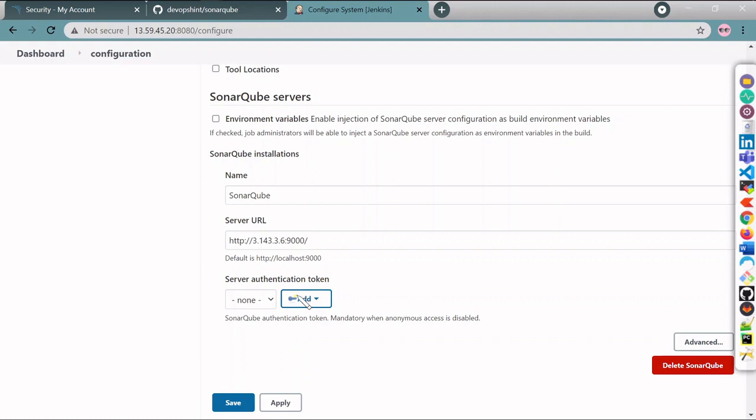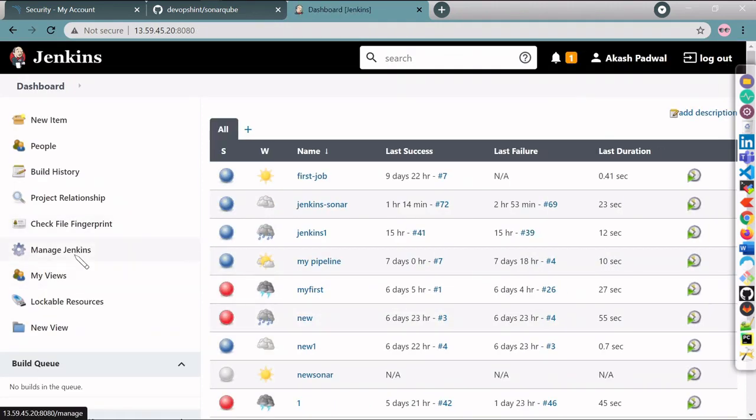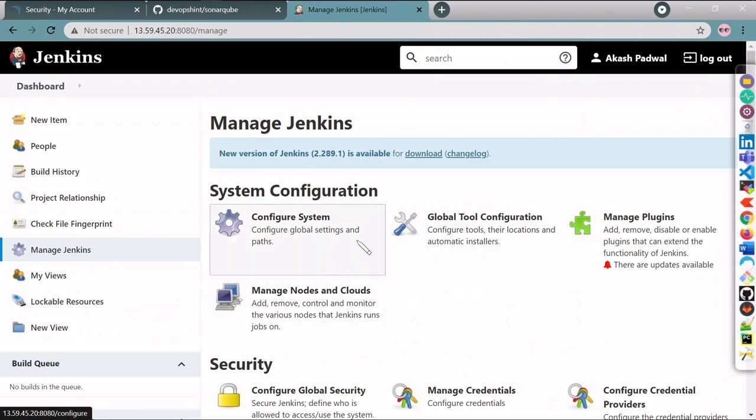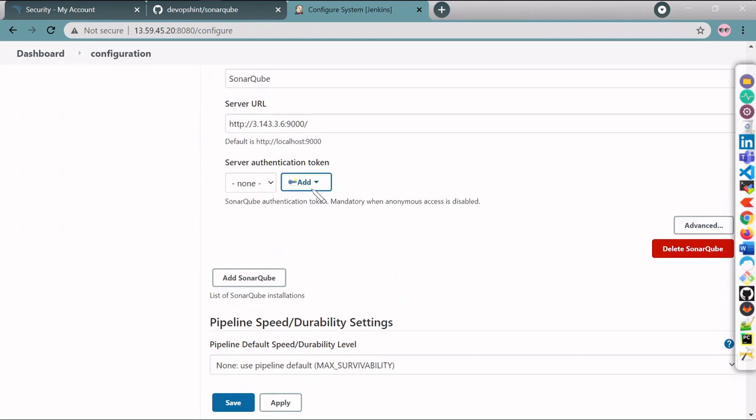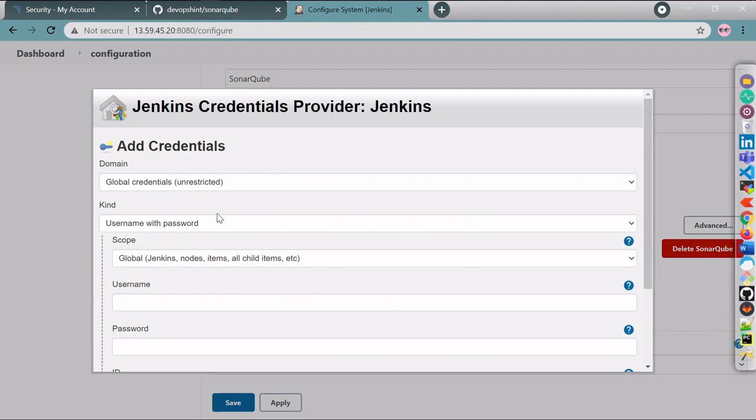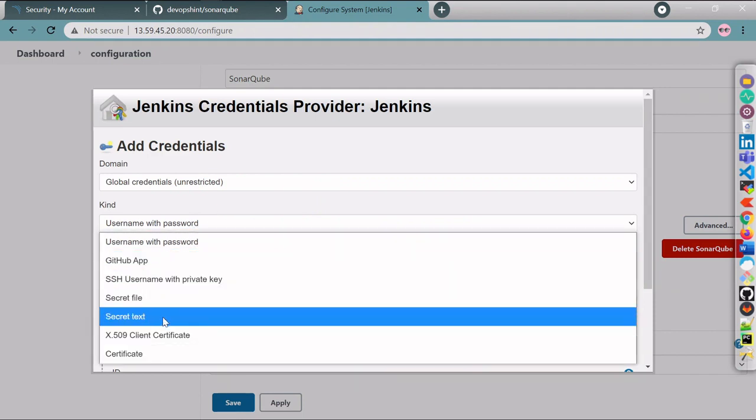Here you can see add button, so click on this add. Okay, click on save and again check it. So here click on this add button, click on Jenkins, and in kind select the secret text.